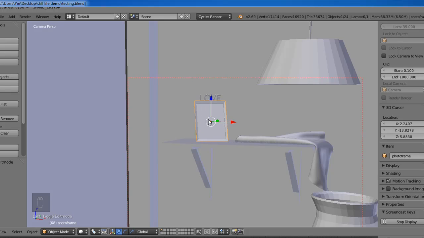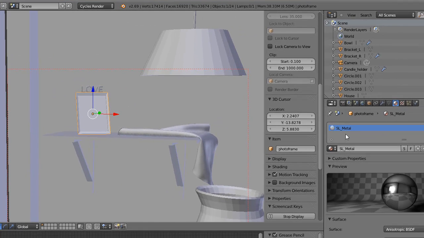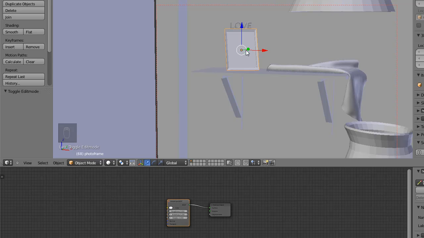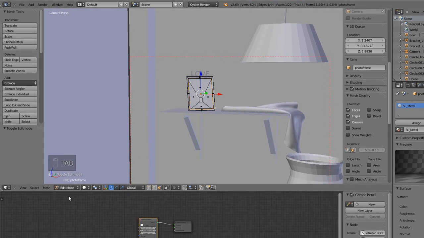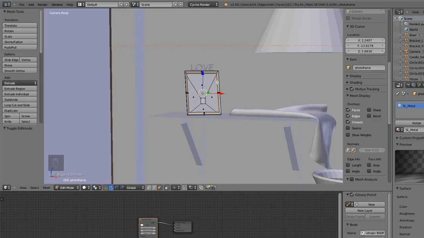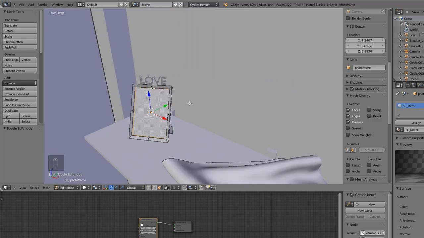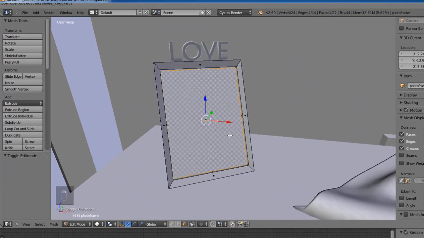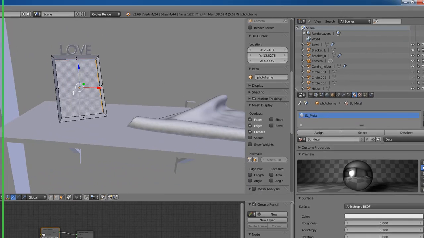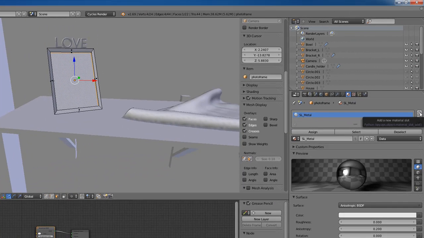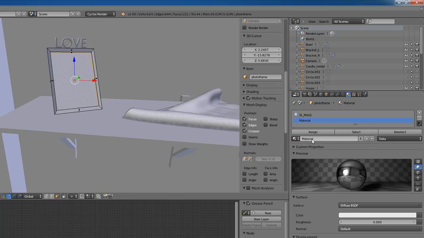So I got this photo in the middle wrapped around by this metal material, and at this time I need to apply multiple materials to one single object. All we need to do is select that object, hit the tab key to go to edit mode, because from there I can actually select the different faces. So I'll just select the front middle face, don't touch any other faces on the border of this photo frame, just the front face. And then I'm going to this plus sign and add a new material, call it still life, underscore photo,